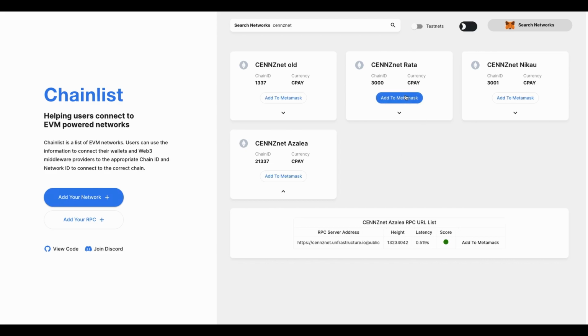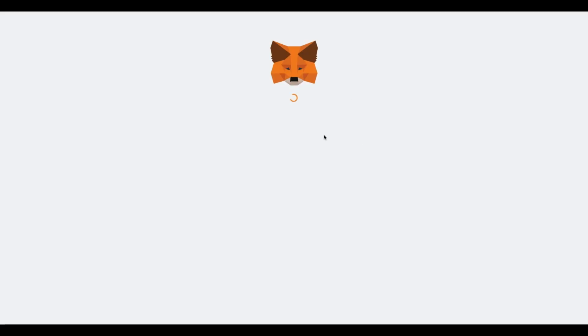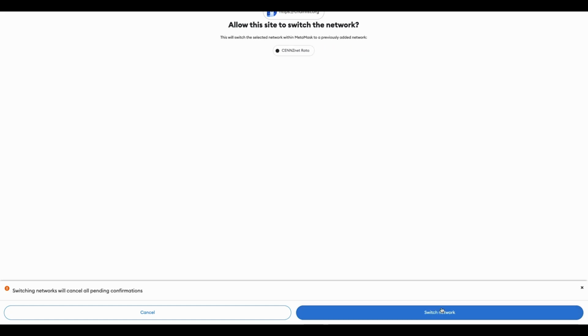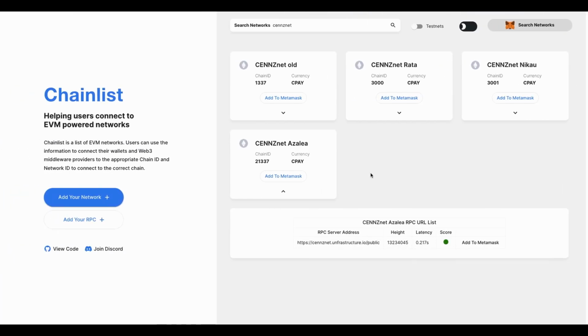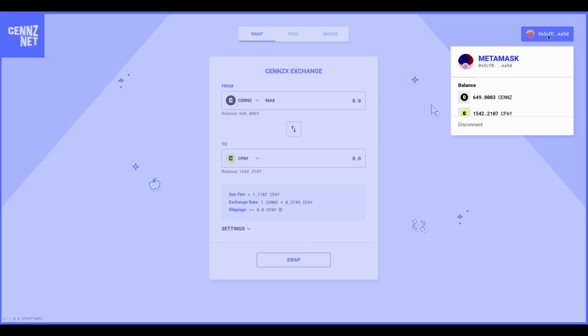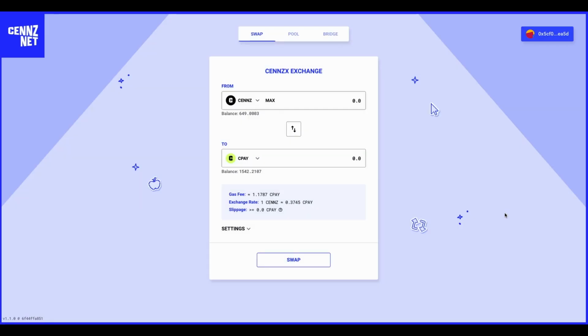Just click Connect Wallet, then Add to Metamask, which will bring up a prompt. All you have to do is click Approve and then switch to the new network. Now if we navigate back to the CENNZnet App Hub, we can check that we have 650 CENNZ and 1500 CPAY. Now if we click on our Metamask extension